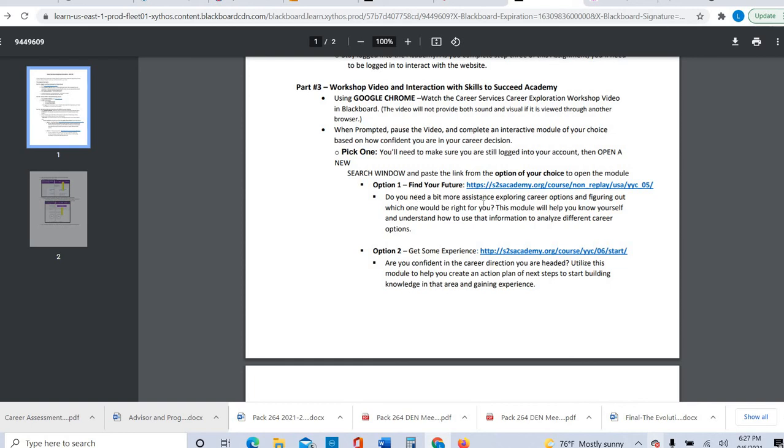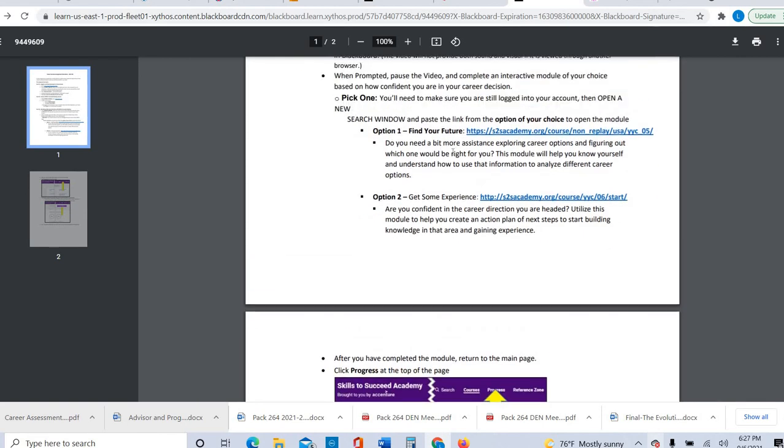Either Find Your Future. So this is for those of you who have not picked a major yet. You're CCP, you're undecided, or maybe you're really early in your career options. You're going to click on that link. Option 2, you're already in your field and you need to build to the next step, okay? So no matter which one you choose, it'll take you to, I'm just going to click on this one for now. It's going to take you into,